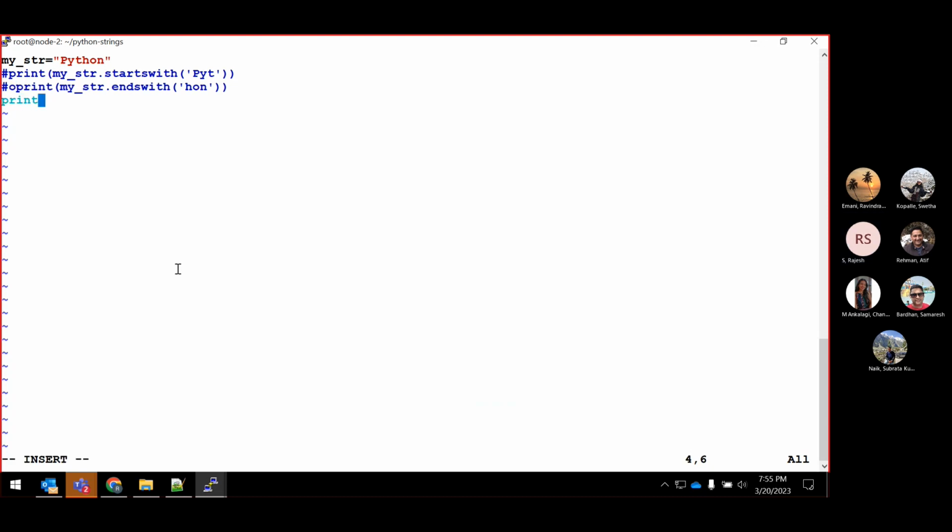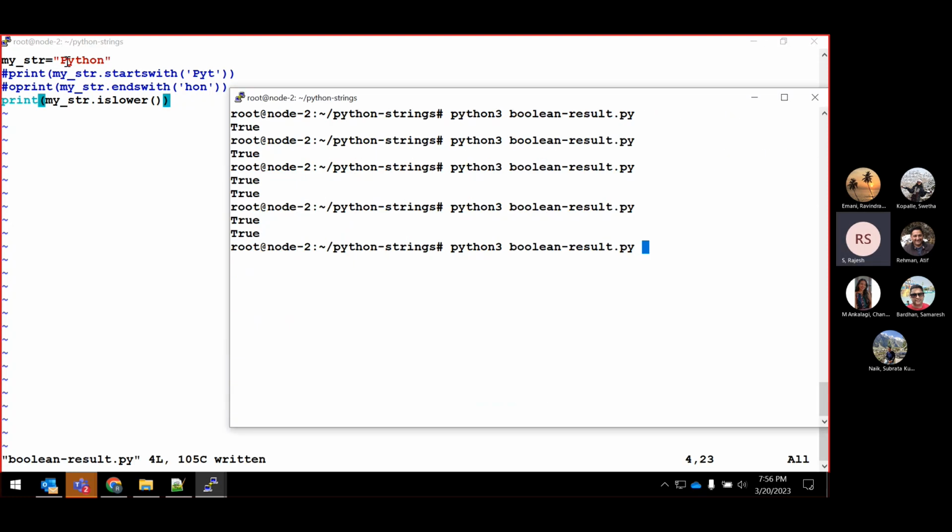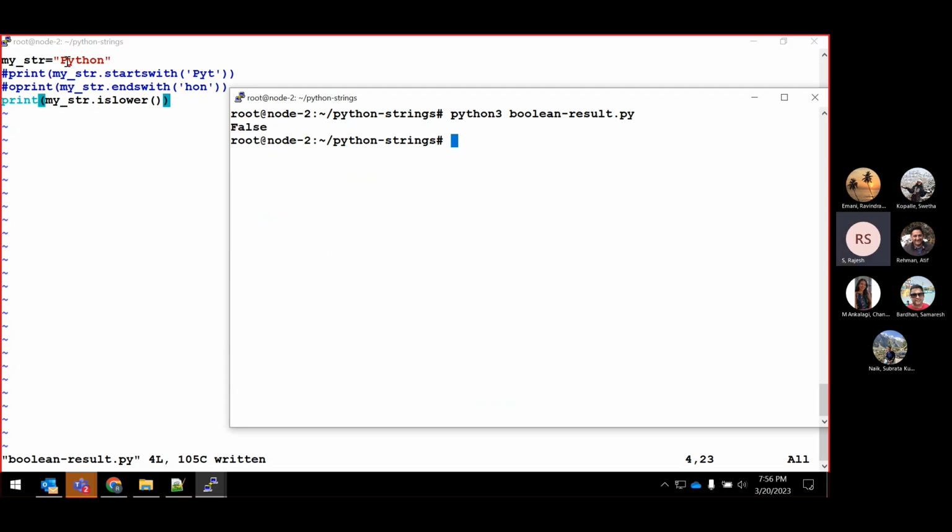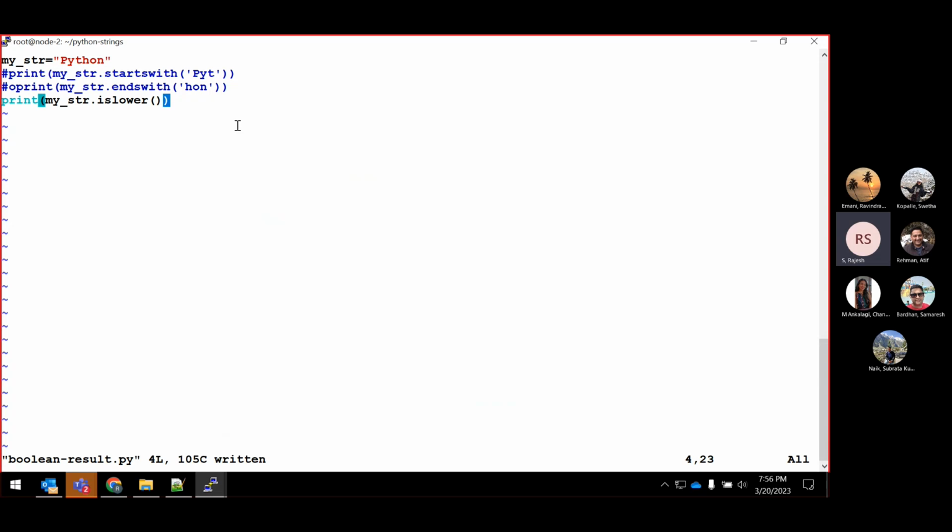Print of my_str of isLower. Is it lower? It means is it in lowercase? No, it's not in lowercase because P is in uppercase, right? So save this file. So this will return a false actually. Okay, this will return a false, right? Similarly, what happened is